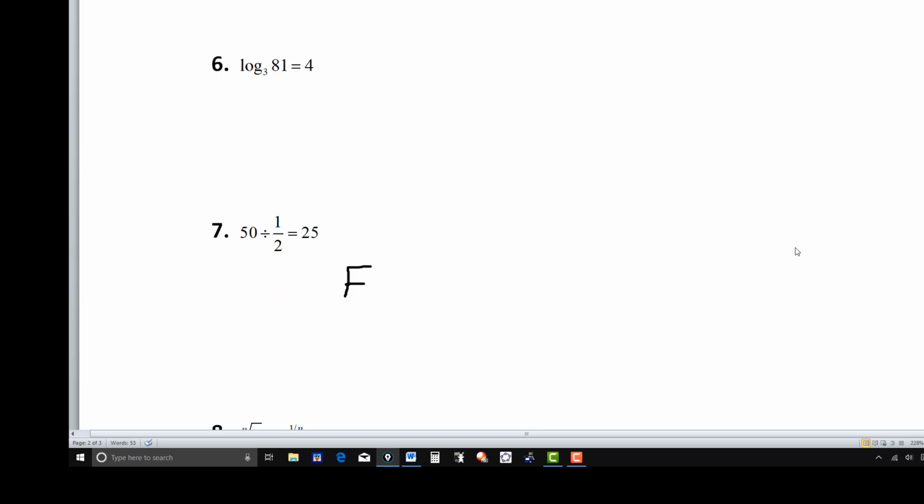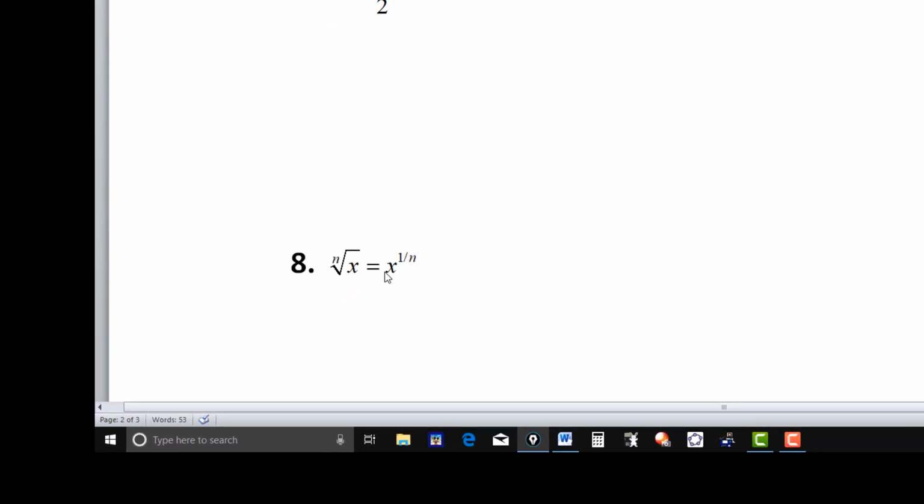The nth root of x is equal to x to the 1 over n. True or false? And again, you should know the answer right away to this one. This is just your basic definition of an nth root. This is true. So this is just saying if you have say the cube root, in this case n